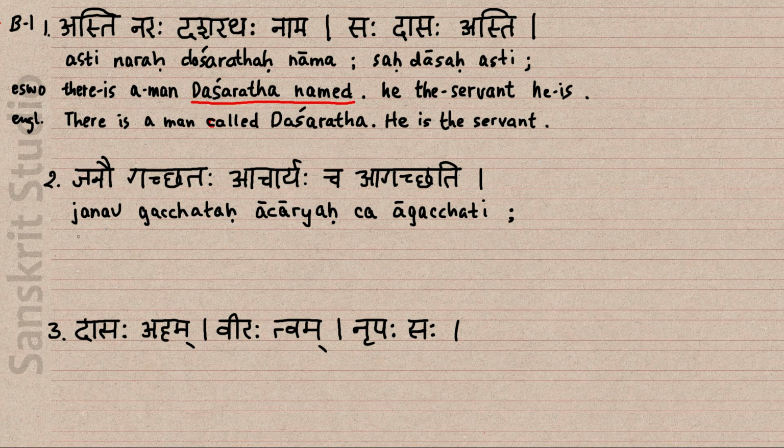So we'll have to write the two persons. That's janau, right? Then we have gacchatah, and so they two go,